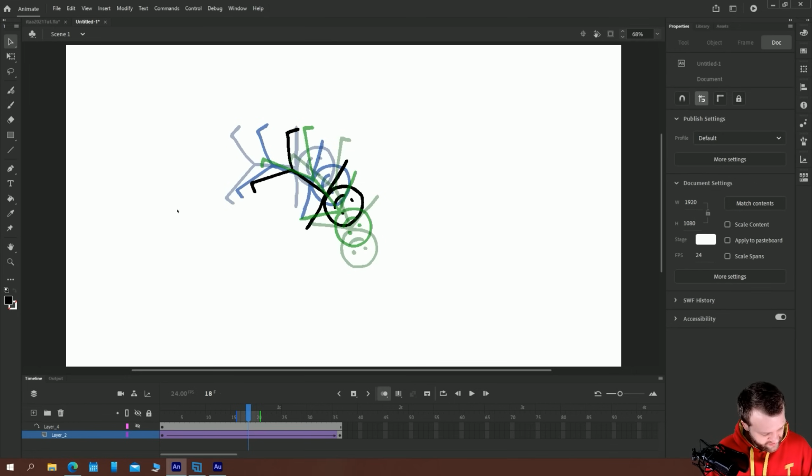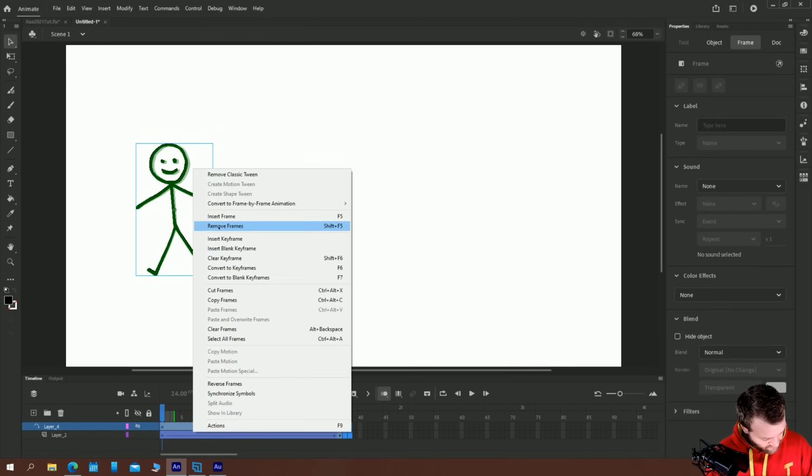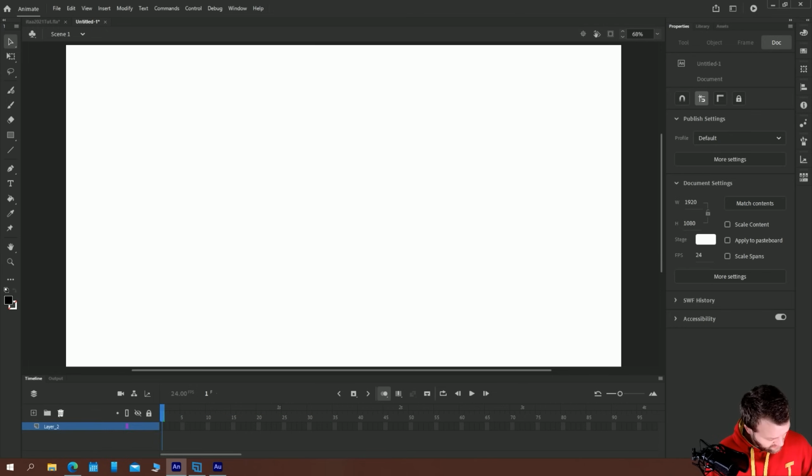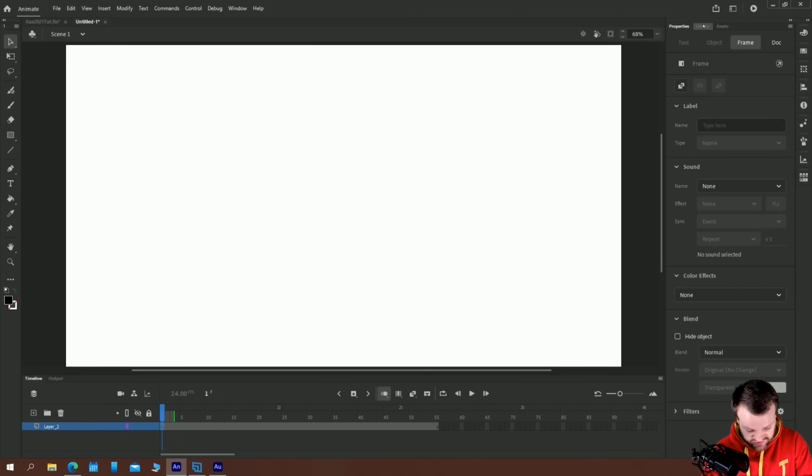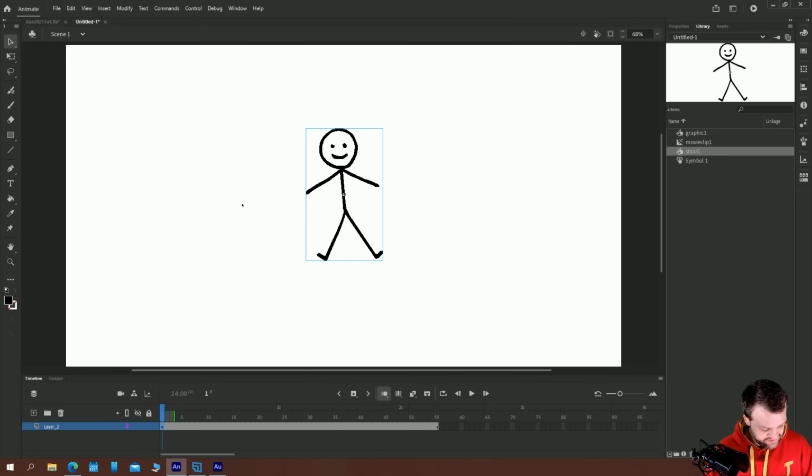So we've done shape tween and we have done classic tween. It's now time to do motion tween, which is probably the most complicated of all of them. So I'm just going to remove all of my frames, delete my guide layer. So I'm back to a normal timeline. I'm just going to once again drag out my stick man onto the stage. So I've just got one stick man on the stage animating between his two poses because that's what's happening inside